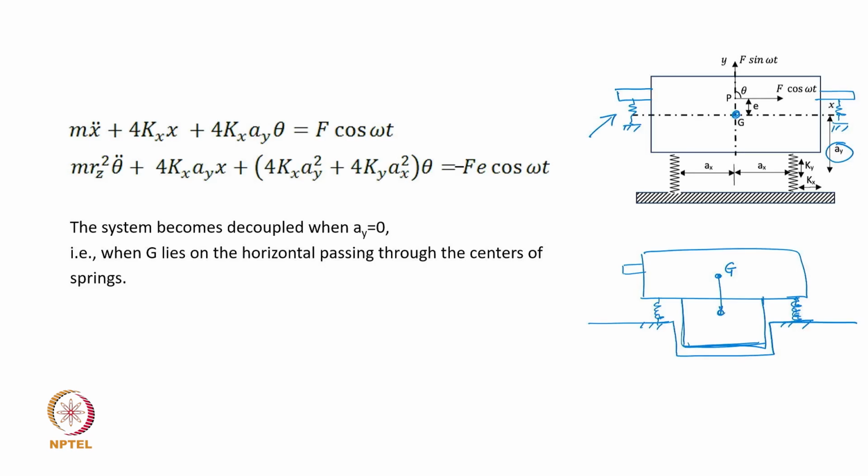That is the same thing, right? Either you make ay equal to 0, or let ay be effectively 0 by shifting the cg of this whole unit. So these machines are then extended, and the lower part is put in a pit like this, so that the